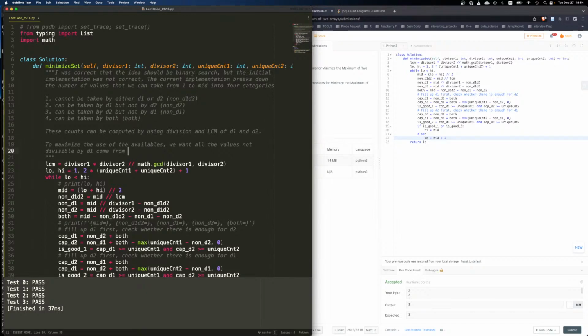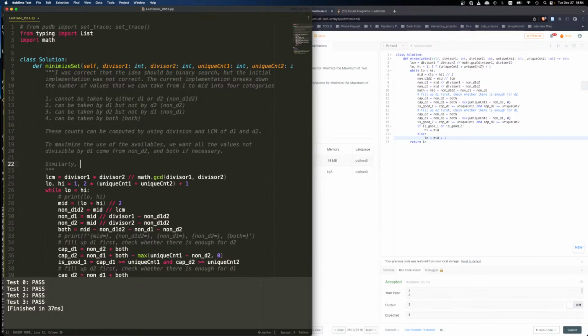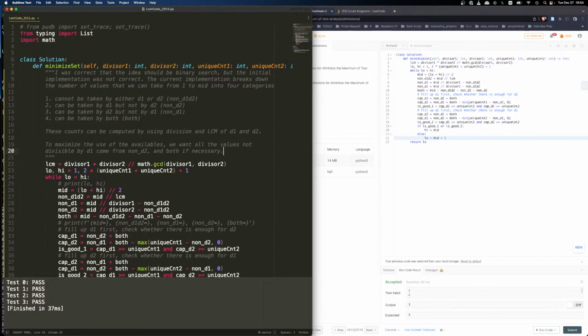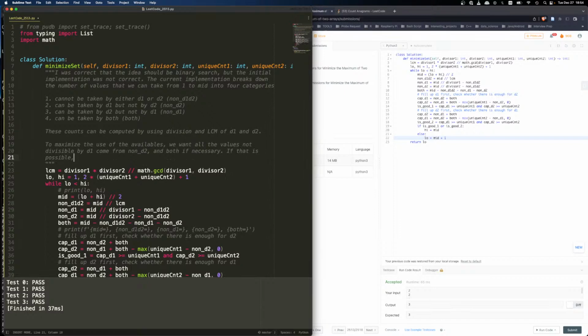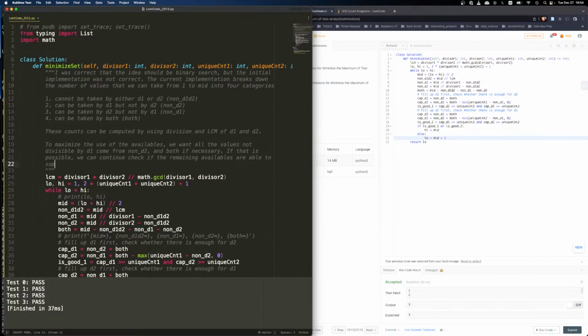They come from none D2 and both if necessary. Similarly, to maximize use, we want all the values not divisible by D1 come from D2. And if that is possible, we can continue, check if the remaining availables are able to supply